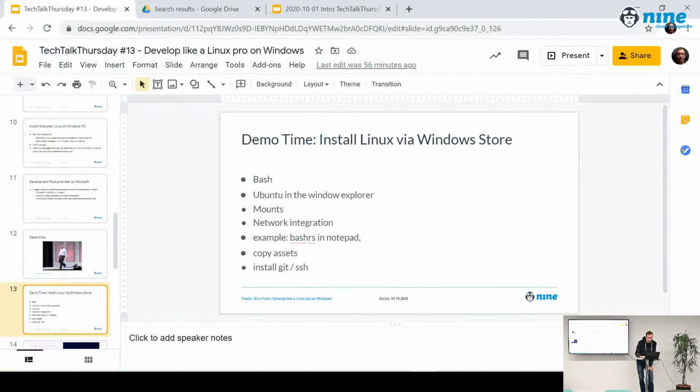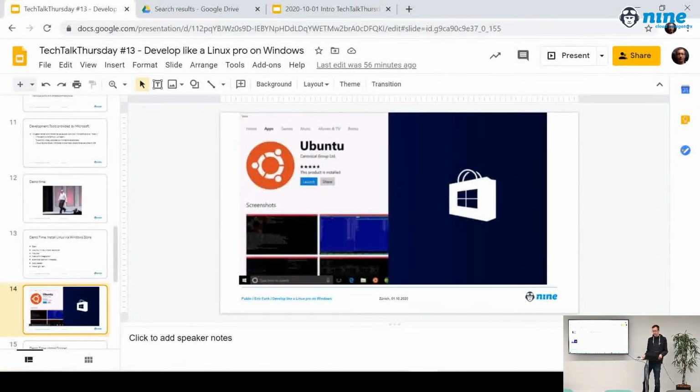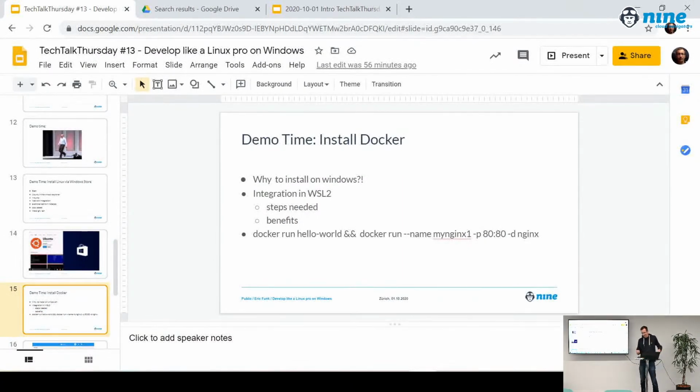Next thing, Docker. I mean, development without containers. You can still do it, but it's kind of also a requirement to install Docker. So a question for the audience, where would you install Docker? Is this WSL 1 or 2? 2. Okay, so in WSL. Correct. You would do it in Windows. You could theoretically install it in Linux, but you wouldn't do that. You would do it on Windows.